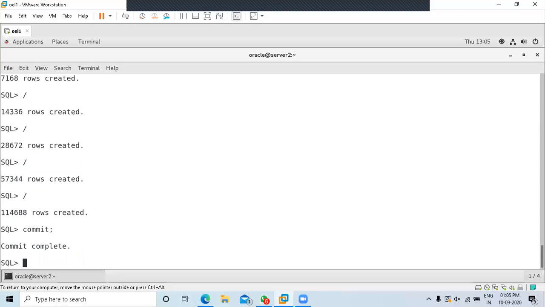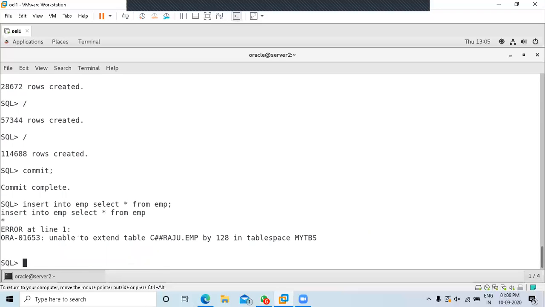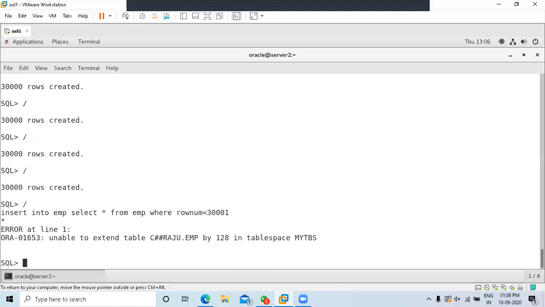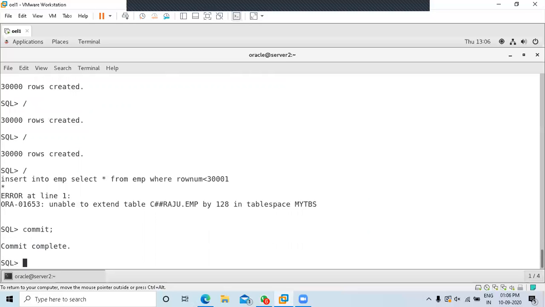I'll give a commit somewhere out here. I just want to fill up both the data files. So that MYTBS is full now. Keep adding, keep adding. Okay, finished, commit. This is full now.